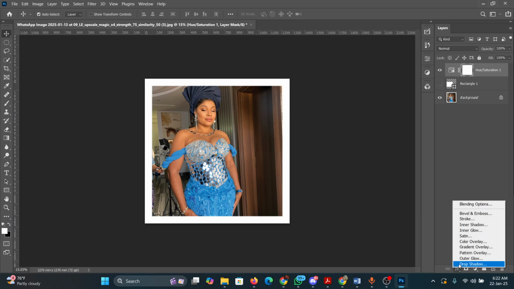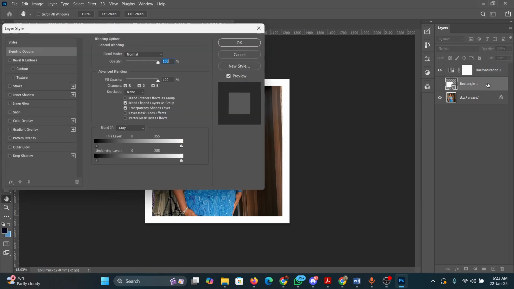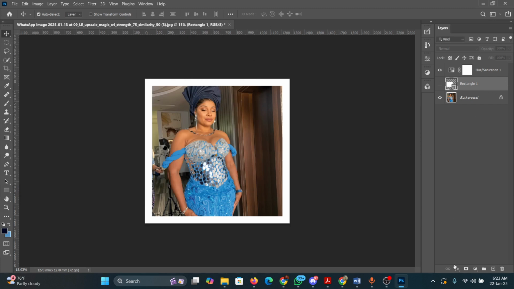Look at this effect. This has to do with the blending options. It has to do with all the effects and blending options: you have the blending option, bevel, stroke, inner shadow, satin, and so on. Drop shadows, you can find them here. You can also find them here. I think there's a way you can also find them by double clicking. Yes. If you double click this effect that you have here,